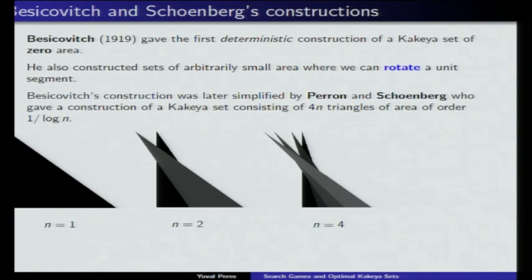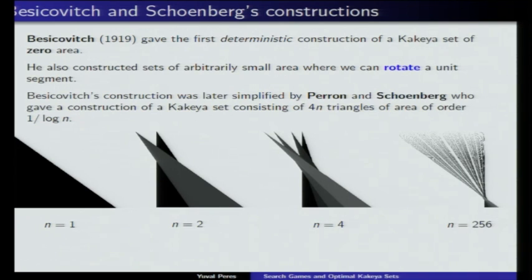Now, suppose you split this by connecting this point, the apex, to the midpoint of the base, and then shifting the resulting triangle a little bit. So you'll get this shape. And note that all the unit segments in all the directions that were covered here are still covered here, right? But the area is smaller because we've created some overlap. And you can repeat this process. So take each of these two triangles, split them in the same way, and shift optimally so as to minimize the union of the areas. And you can continue this way.